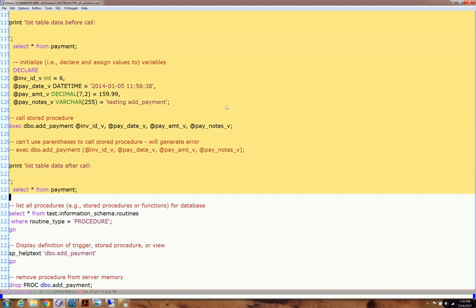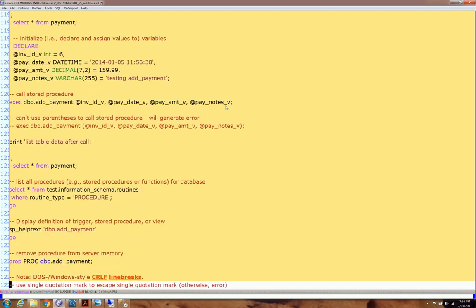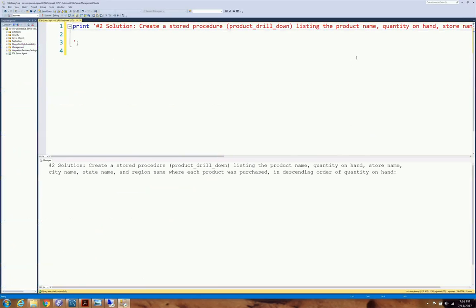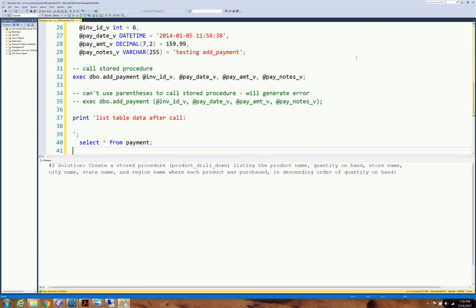And here it's going to go up to here. This, by the way, will list all the procedures. This will display the definition of a trigger, store procedure, or a view. And then if I want to drop the procedure, I just drop it like this. Okay, so here we go. I'm going to copy this, go into SQL Server, Control A, Control V, run it,